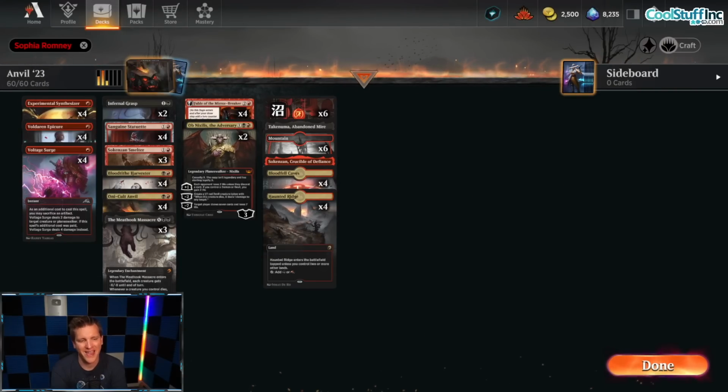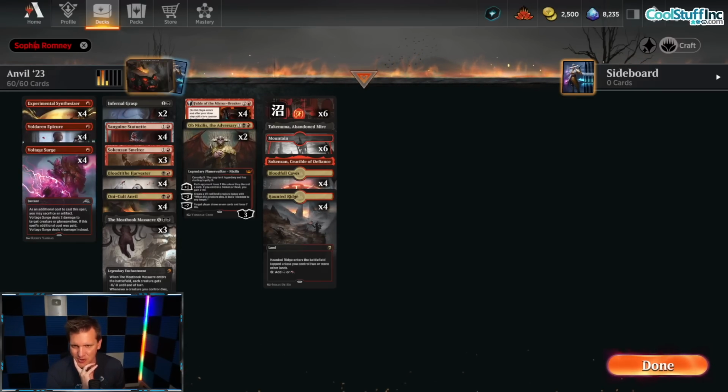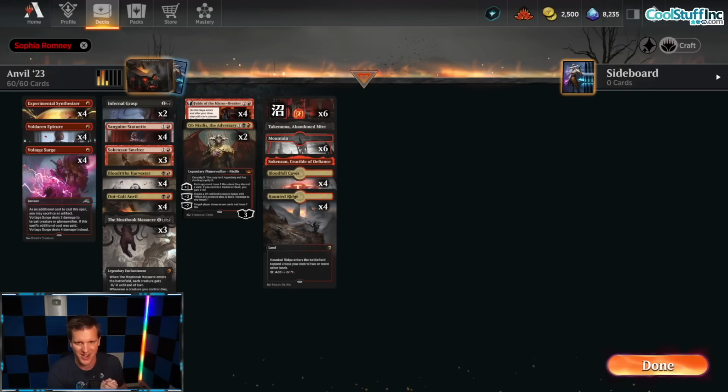Hello and welcome back to another day in the arena. It's me, it's CGB. Today in the arena, rotation proof Anvil. Anvil doesn't lose much. Before we get right into exactly what it loses and what it doesn't and how we built the deck,